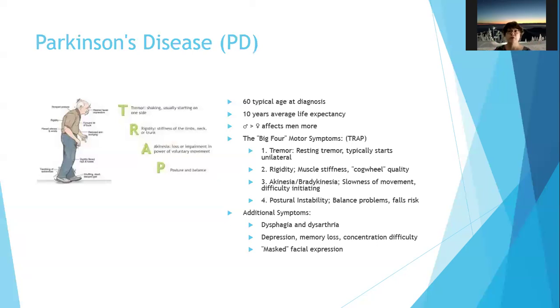The big four motor symptoms, so it has motor and non-motor symptoms. But the big four motor symptoms are TRAP, so you can remember the acronym: tremor, rigidity, akinesia or bradykinesia, and postural instability. So the tremor with Parkinson's is a resting tremor, which typically starts unilaterally. What we mean by resting tremor, and it's usually in a hand,